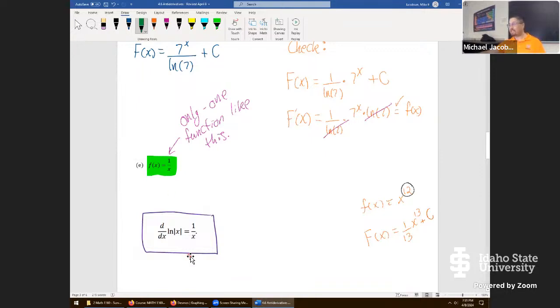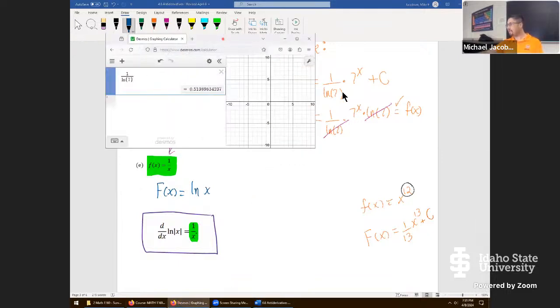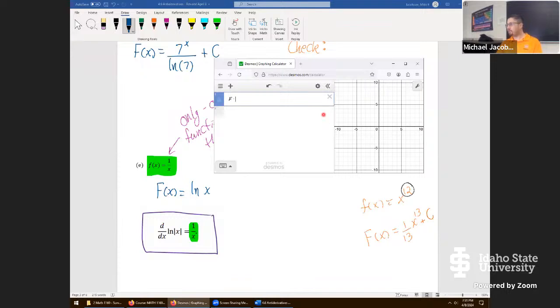When you differentiate the natural logarithm of x, or even the natural logarithm of the absolute value of x, you get that function right back. So that means the answer on this one is f of x equals, now if you said natural log x, you're partially right, but there's a downside with this function. The downside is if you plot that function,